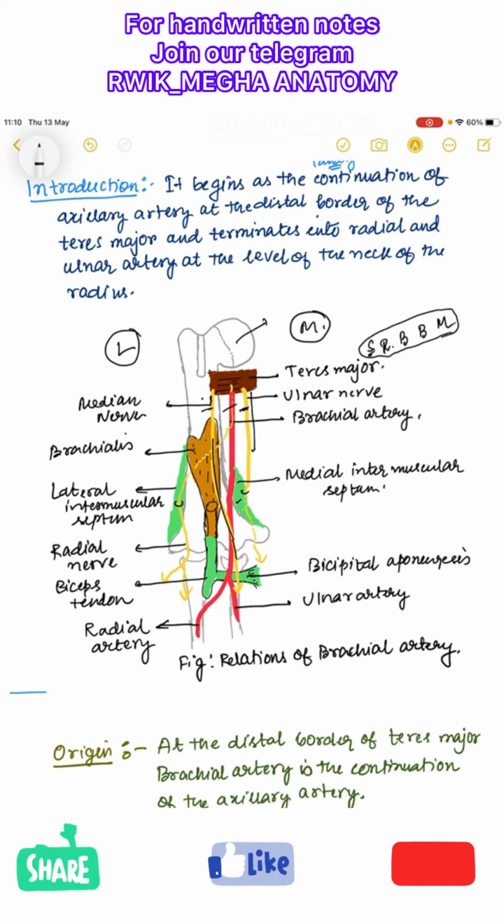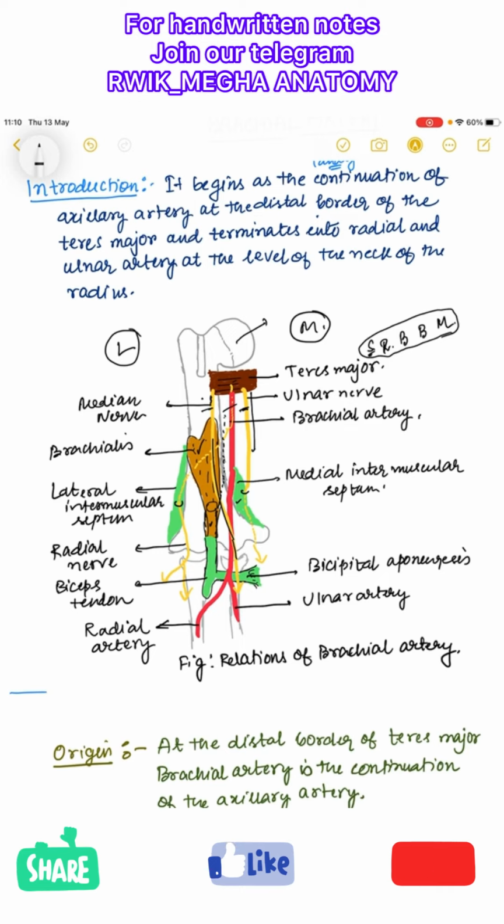This is our brachialis muscle. This is our tendon of the biceps. So if we trace this medially, we will find here the short head that comes from the coracoid process, and along with the short head of the biceps brachii, there is another muscle. Yes, you have guessed it right. That is the coracobrachialis muscle.